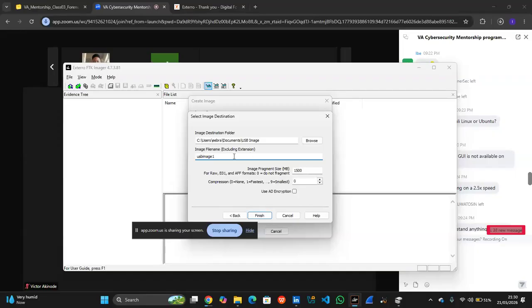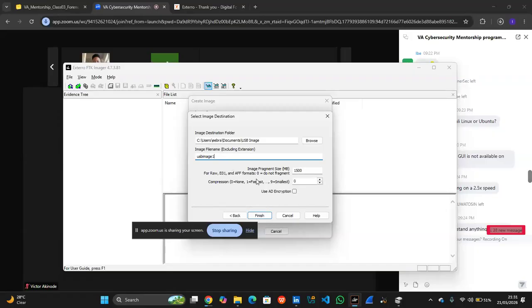It's not going to create only one file, it's going to create a lot of image files depending on the size of our physical device. So it's going to create USB image one, USB image two, USB image three. When I'm done, you're going to see it.